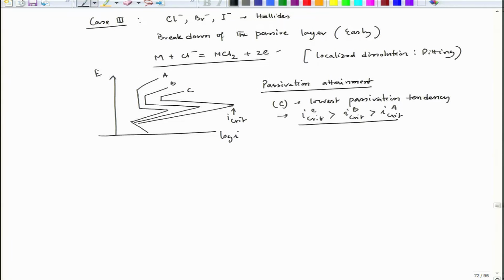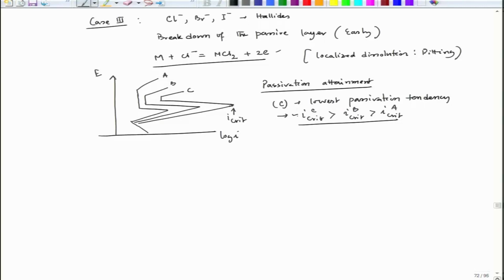Now, how does it make sense? Because the higher the I critical, the lower would be the formation of metal oxide layer on the surface, and that would also reduce the tendency for coverage of the metal surface by metal oxide. So, we will not come across that situation where the retardation of metal dissolution would be equal to the acceleration of metal dissolution, and this retardation of metal dissolution, as we have discussed, happens because of the coverage of metal surface by metal oxide.